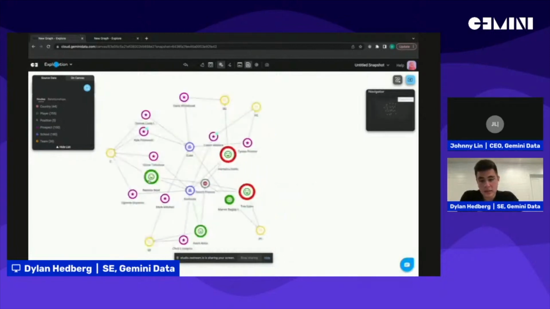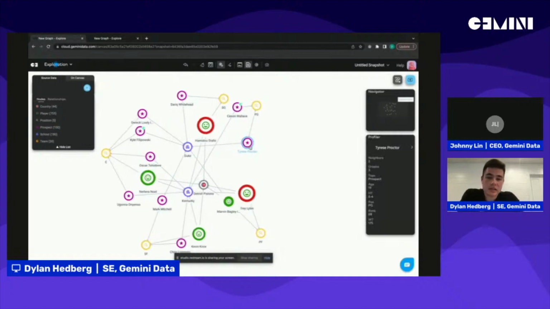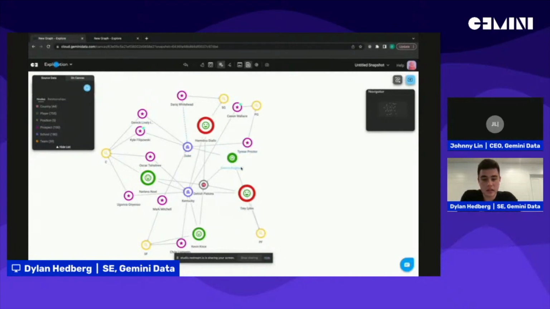And here I can see that we have some players currently on our team that also attended schools with some potential high-ranking draft picks. So here, I may want to send this guy to check out some of the players that are labeled as prospects. So for example, I can send Marvin Bagley since he attended Duke, and there's a lot of players attached to Duke. Because sometimes scouting just by their games may not show their work ethic, so this can help with their scouting process.